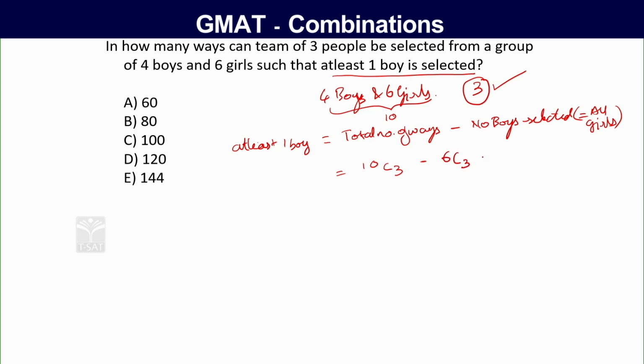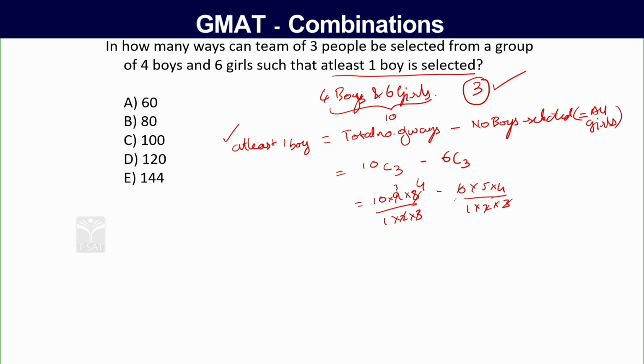So, when you subtract the option where no boys are selected, that is all girls are selected, you automatically remove it from the total number of ways and you will get at least one boy is selected. So, that is 10C3 minus 6C3. 10C3 is nothing but 10 into 9 into 8 divided by 1 into 2 into 3. This is another way you can calculate. Okay, so